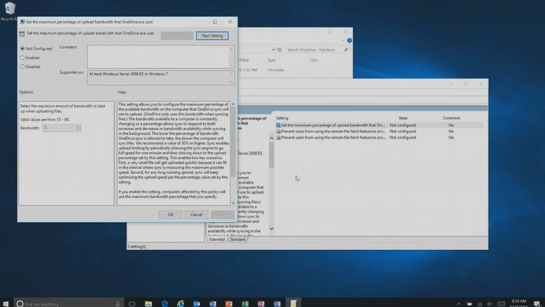If you were at Ed and Jason's talk yesterday, you would have seen what the user experience looks like for this. But now I'm going to show you the opposite end of how this admin setting is actually set. As an admin, you are going to use this policy to set a percentage of available bandwidth usage, somewhere between 10 and 90%. OneDrive is going to continuously sample your available network speed and use the appropriate percentage of that available speed.